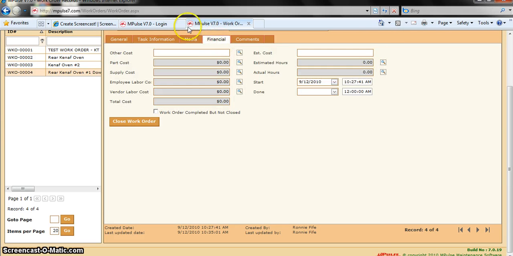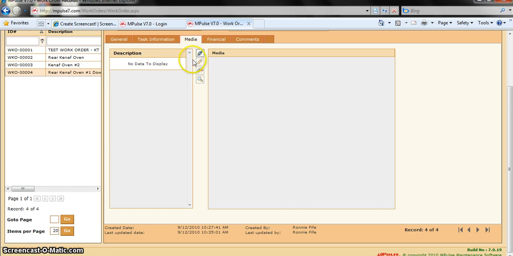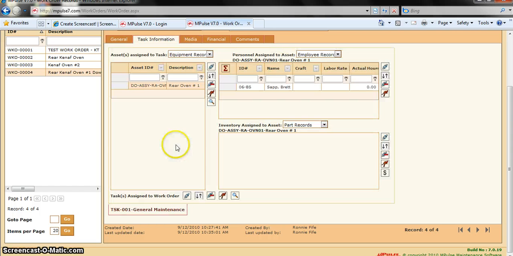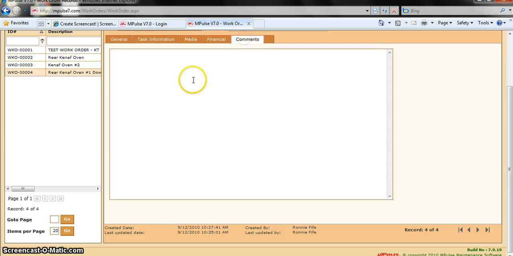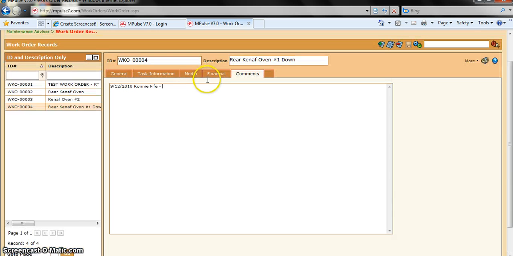Media, financial, not necessarily. Media is whenever you want to link other outside files like drawings, and then comments. When you click on the screen, it's automatically going to generate the date and your name. Go ahead and make a brief comment. This is actually the mechanic side of the story, because if something ever happens, you go back and look in history, all you have is production downtime sheets that will state why a machine was down, how long it was down. So now here's another second opinion or a different opinion of why the machine was down, and especially if you see that an operator or something you can foresee is happening, like